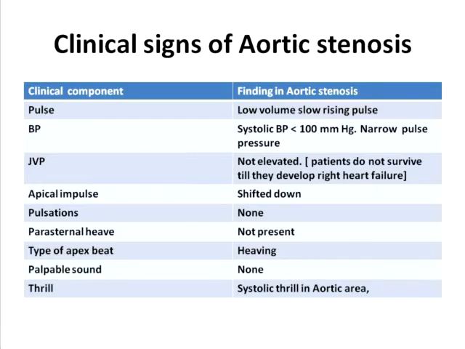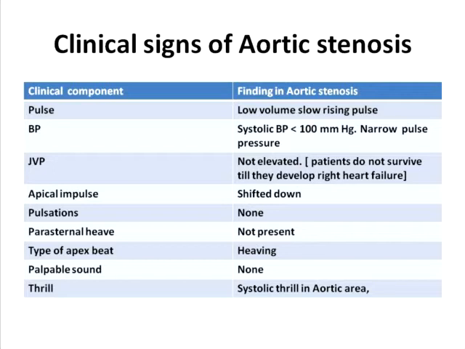Since it is an outflow tract obstruction, the pulse will be of low volume and it can be slow rising, what is called pulsus parvus et tardus. The systolic BP is often decreased, which is called the systolic decapitation, and it also leads on to a narrow pulse pressure. JVP is not elevated because, as I have already explained, the narrowing of the aortic valve leads on to a high degree of mortality, so the patients do not survive till they develop clinically